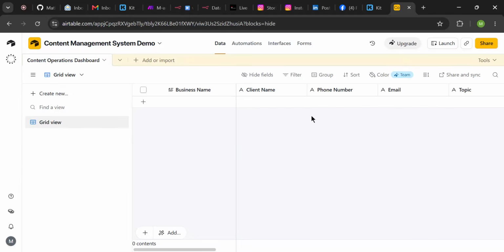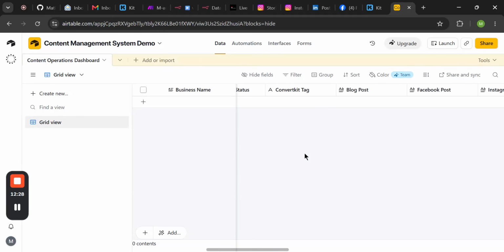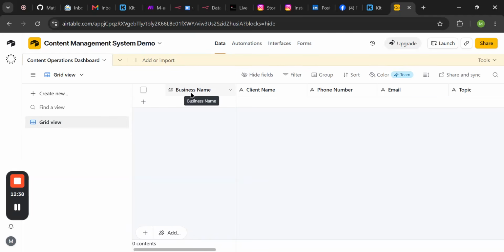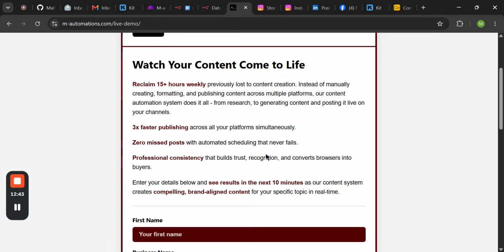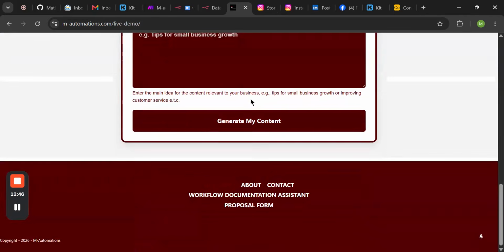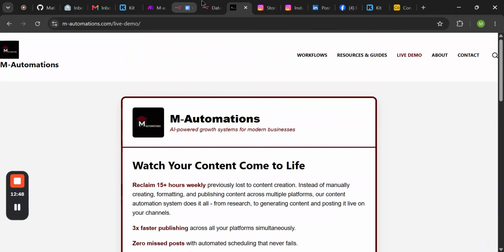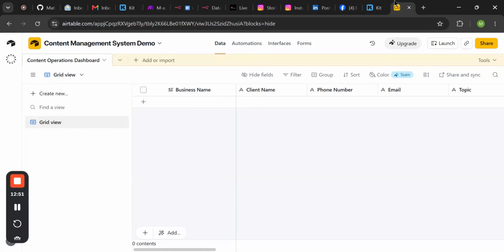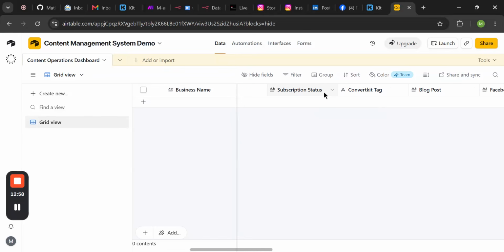So I use Airtable because I like Airtable, but depending on your company, you can use whatever CRM you have. So the business name is going to record everything from the word go. These are information that were filled during the first stage when the client was filling in the content form, the request form. So it's going to fill in the business name, the client name, the phone number, email, topic,